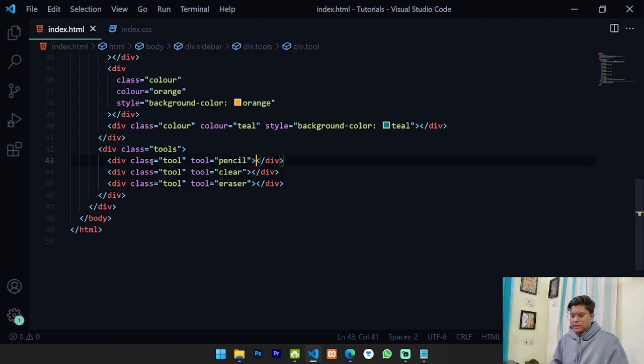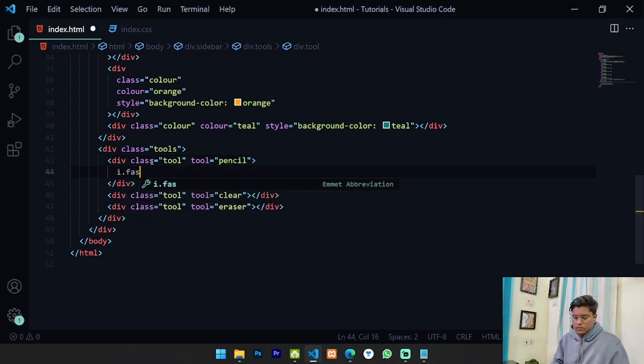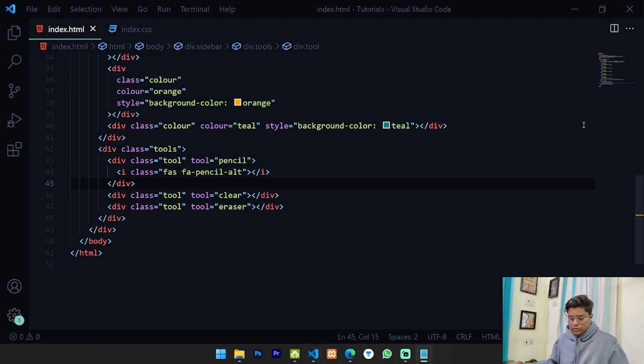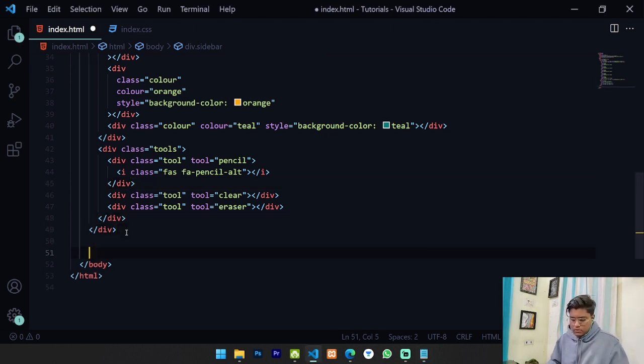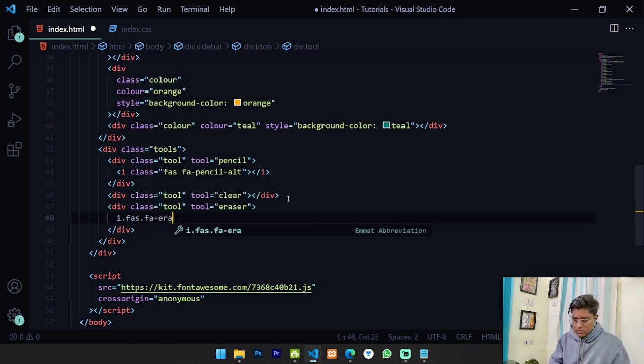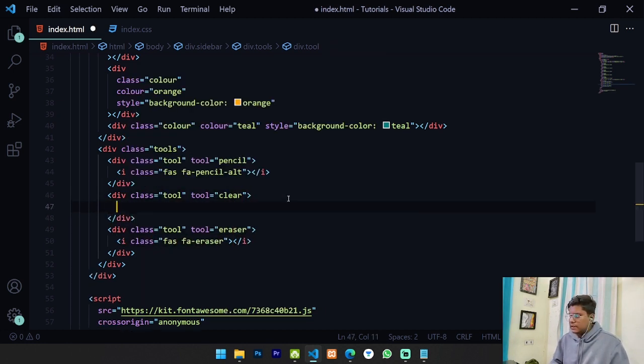Okay, now inside the pencil we need the icon of a pencil. So for that we'll be using Font Awesome. So the Font Awesome code is this. I hope you are familiar with what Font Awesome is, and to use the icons of Font Awesome I'll also have to link the Font Awesome file. So I'll copy this code and paste it over here just before the closing of the body tag. Yeah, and also for the eraser I'll have to put the code. So what is the code for the eraser? It's fa-eraser. Okay, and also for this trash,